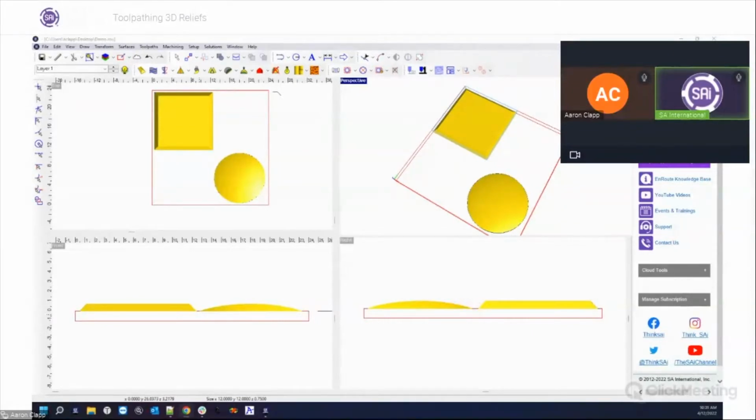He knows everything there is to know about EnRoute, and today he'll be showing us how to apply toolpaths to 3D reliefs in EnRoute. After the presentation, we'll be able to answer any questions you have either about reliefs or